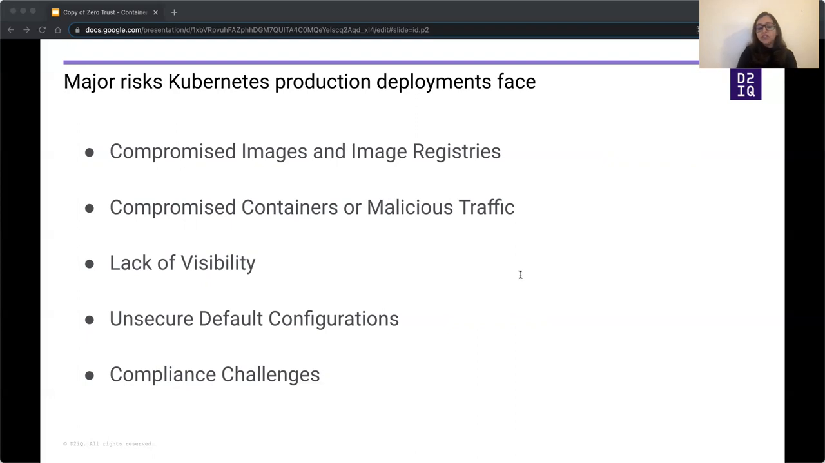Compromised containers or malicious traffic. Containers and pods need to communicate with each other as part of normal operations. However, this communication can be exploited by threat actors. A breached container can affect other containers and pods. And to ensure communication is secured, organizations should put in place network policies that limit communication to the minimum necessary